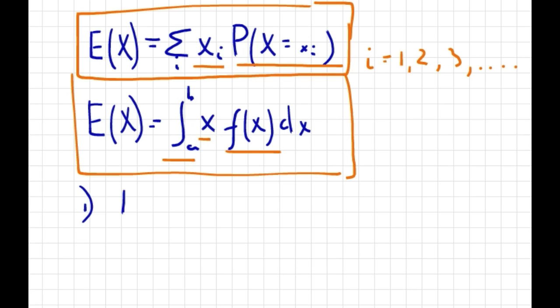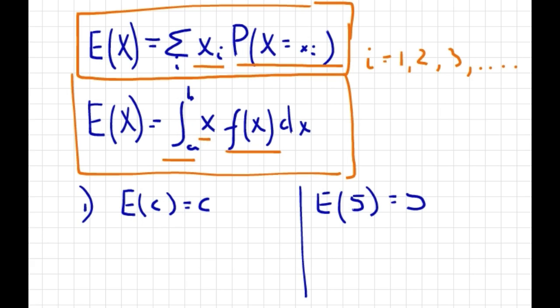So the first property is that the expected value of any constant is the constant itself. And I think that makes sense. If we have the expected value of 5, that will just be 5 because that's the only value we really have. The next one, if we have the expected value of random variable x, which is multiplied by c and then d is added,